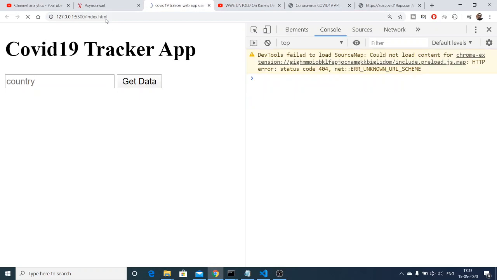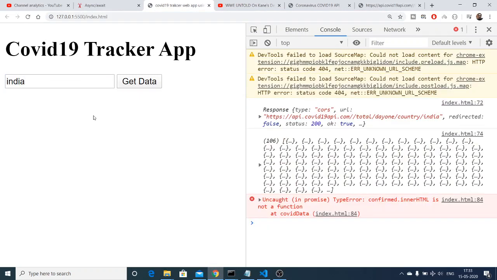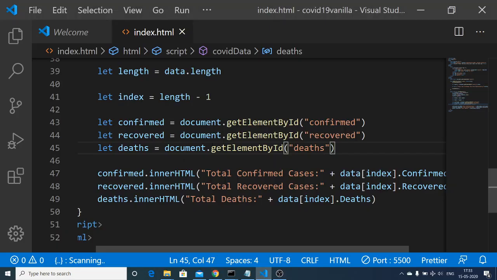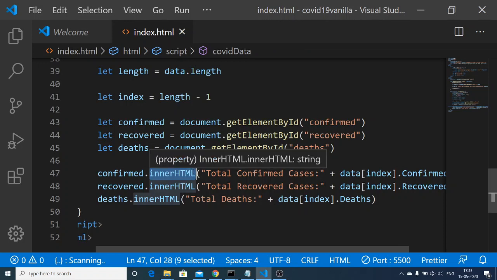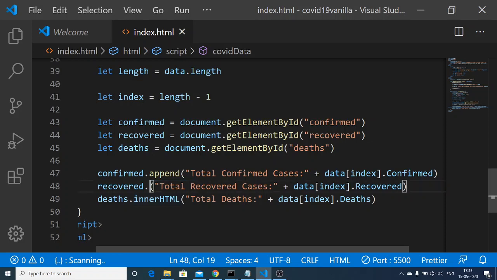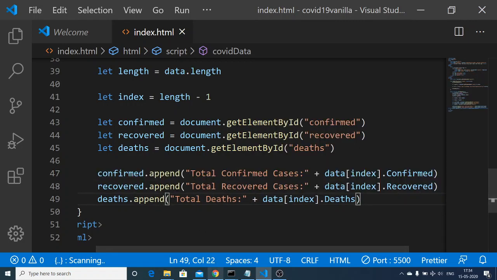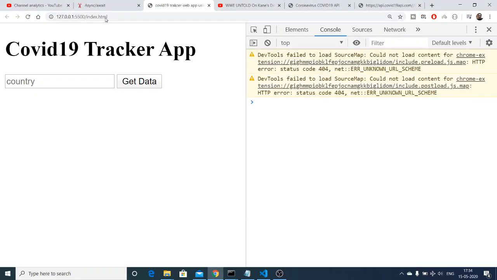Now if I refresh it, guys, if I input the country India, click on get data. What is the problem? Oh, sorry, it is not a function. I think this is not a function. We can use the append function. innerHTML is a property, not a function. Append also does the same thing, so I can use append here. Append is a function, not a property.